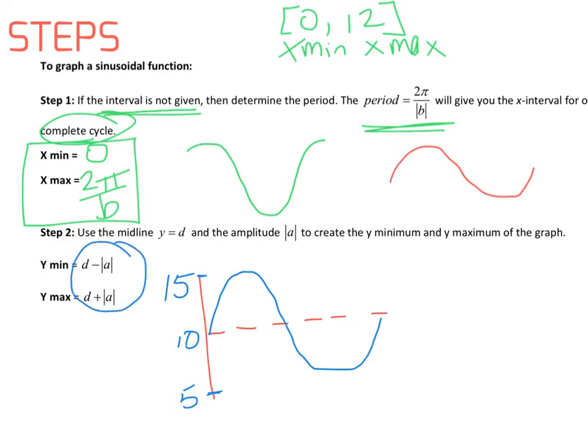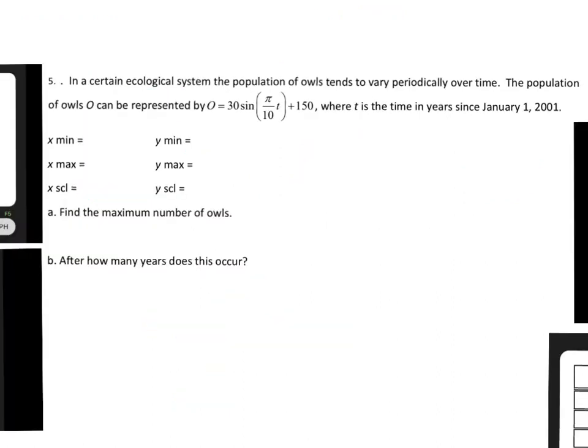So in order to graph your sinusoidal curves, you want to first make sure you can create a proper window to see the full picture. If you forget these steps, remember, just trial and error to try to get the best picture possible of the sine or cosine curve. So I pulled a few examples from your lessons. I don't know really which one came from, but basically these questions will go over what we just talked about